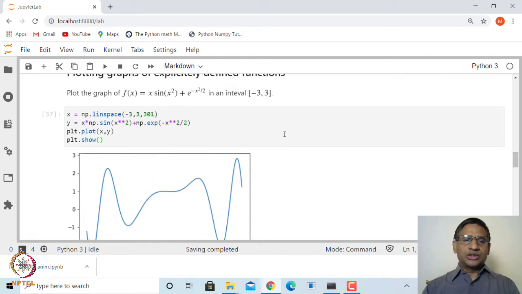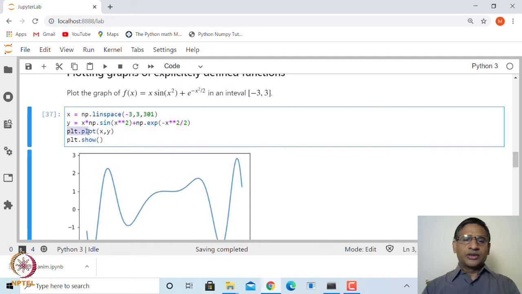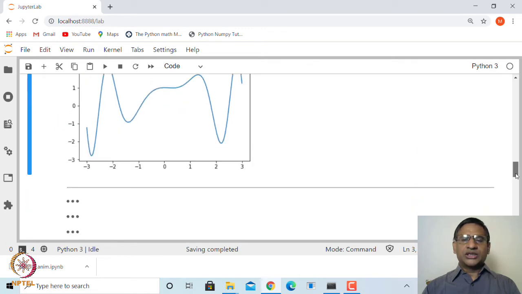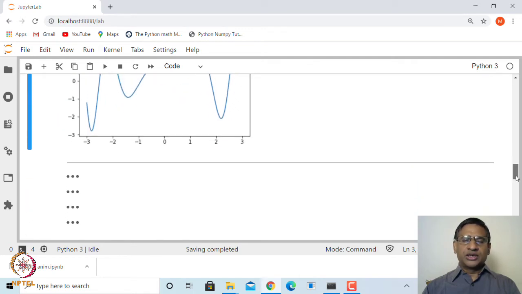So, again you should look at help on plot from PyPlot. Since we have imported PyPlot as plt, you can simply look at help on plt dot plot, and then go through this help manual and see what other options are available in order to make changes to this graph. So, let us explore some of the options that plot provides.